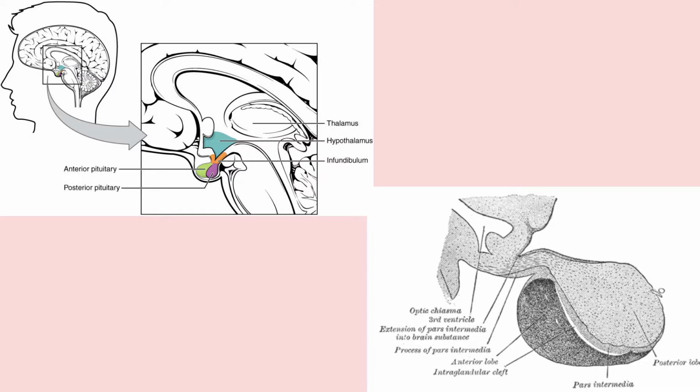So now the posterior pituitary will release ADH hormone, which will go and act on the tubules and reabsorb the water so that the body has enough water and the osmolarity of the plasma is maintained normally, which is about 300 milliosmoles per liter. So it will go and act on the collecting duct, the distal convoluted tubule, etc., and it will make it water permeable.